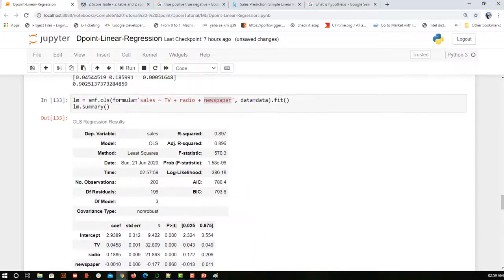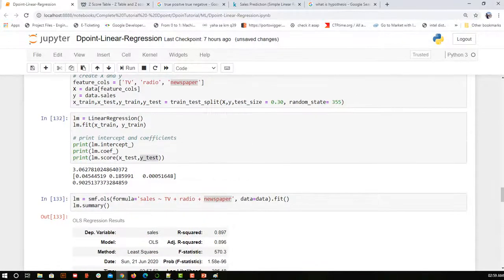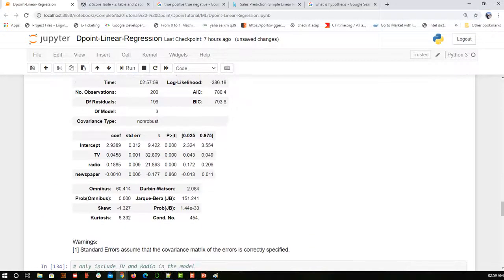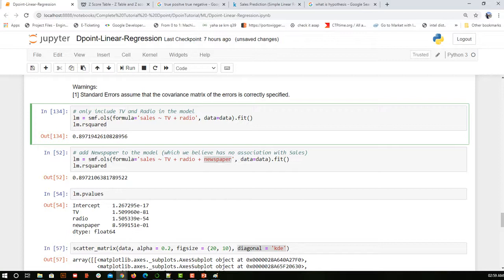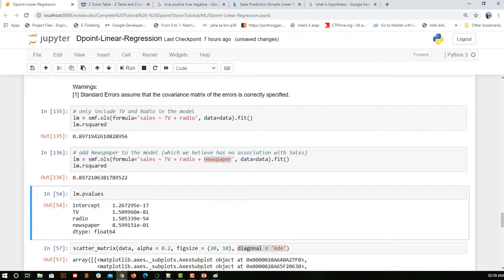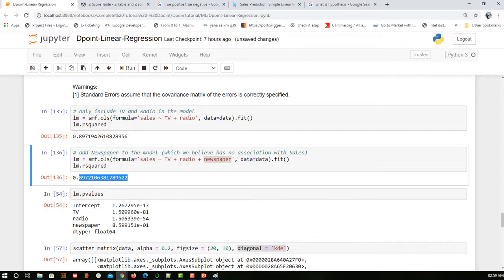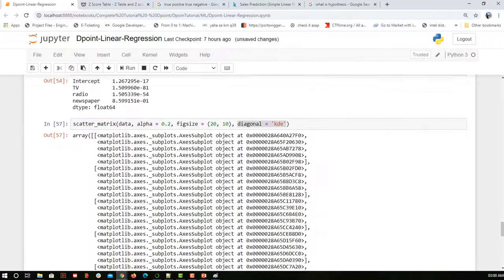But again, I got 90% when using linear regression, which is a different cost function. So I'm going to use with newspaper and without newspaper in a similar cost function for the same kind of comparison. So you can see with and without, I am getting similar accuracy. So here I can say newspaper is not contributing much to the accuracy or providing information for prediction. So that is unnecessary, and I can remove that column.